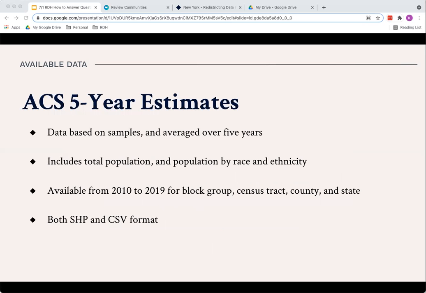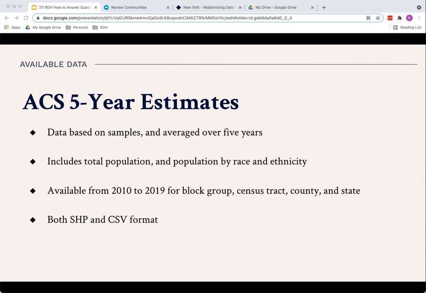The American Community Survey is done by the Census Bureau separately from the decennial census. It is based on large samples, so the data are estimates. It will contain a margin of error, which is an estimate of how off the actual estimate is likely to be. So if you like polls, especially ones that forecast election results, you'll be very familiar with the concept of